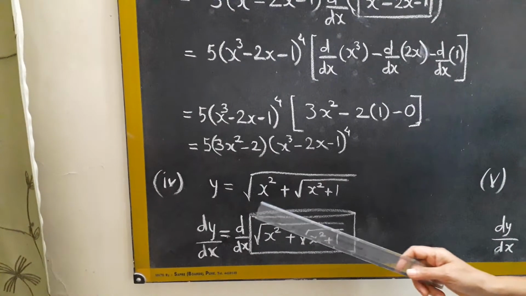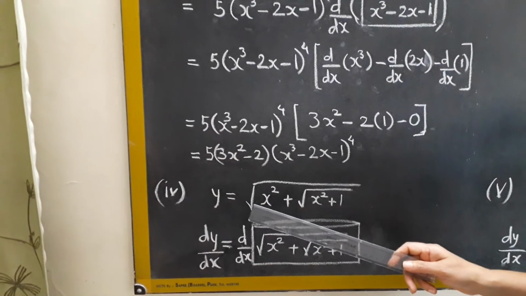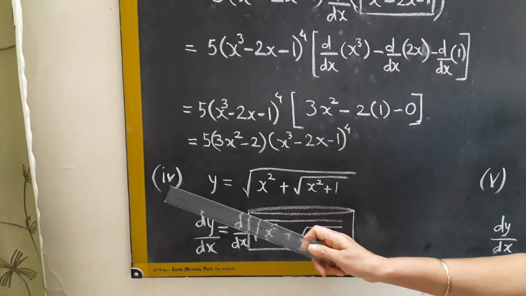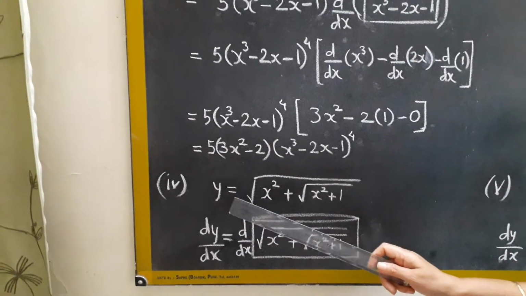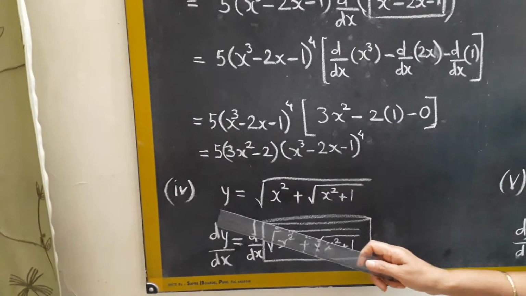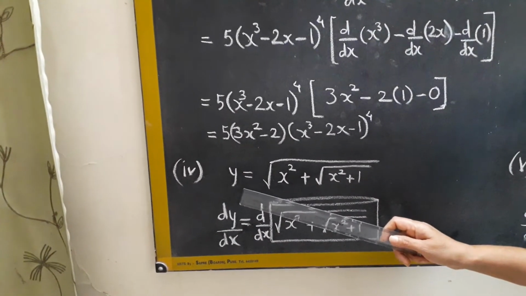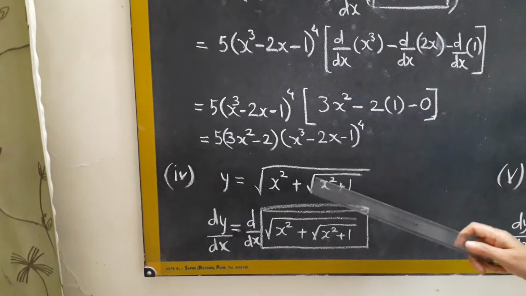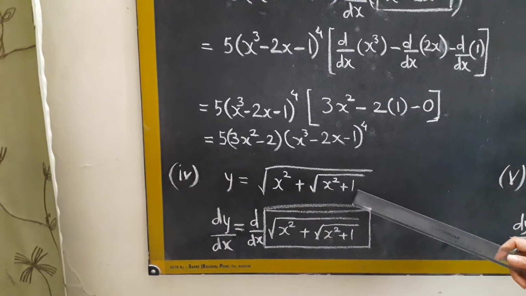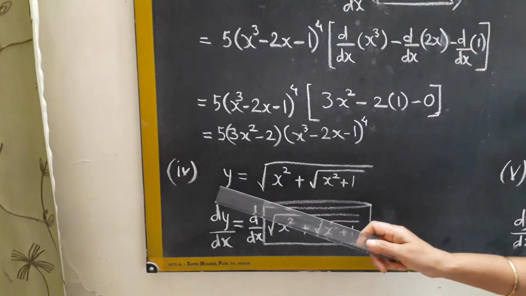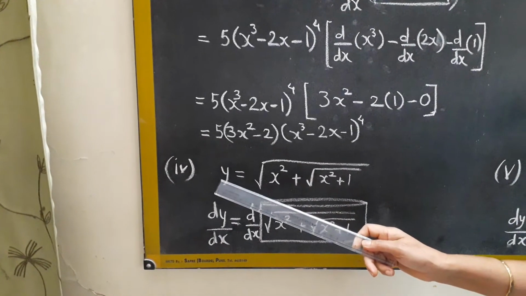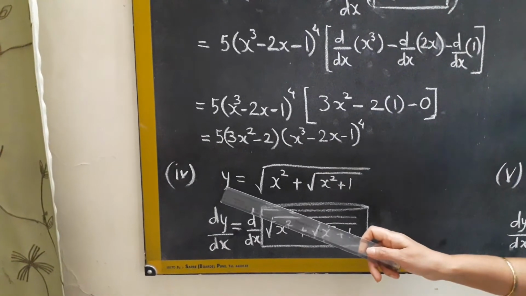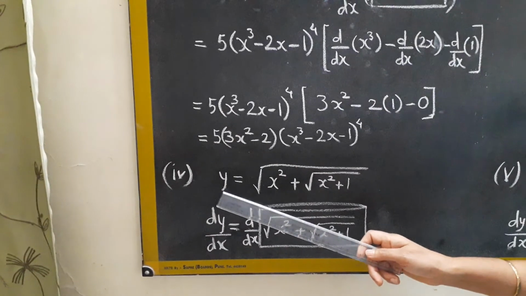Now we find out the derivative of the same exercise 1.1, question number 1, fourth example. The fourth example is y is equal to, we are assuming directly y, which is nothing but the square root of x square plus square root of x square plus 1. The expression we are directly calling y, which is not given in the textbook, but whenever we want to find out the differentiation, we always assume it as y. So we are assuming it as y.